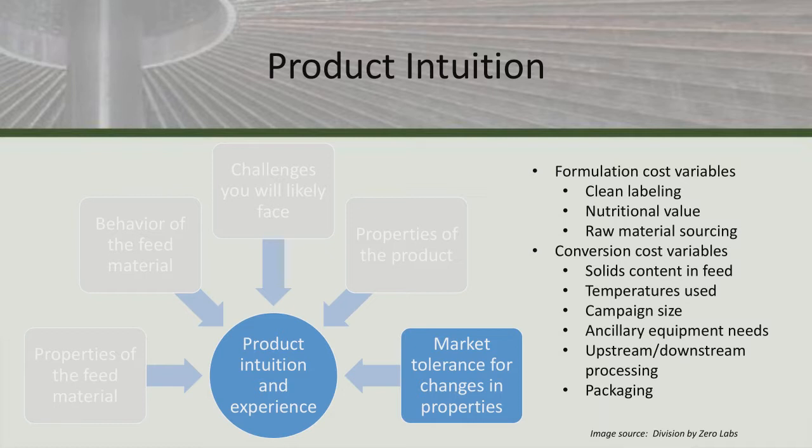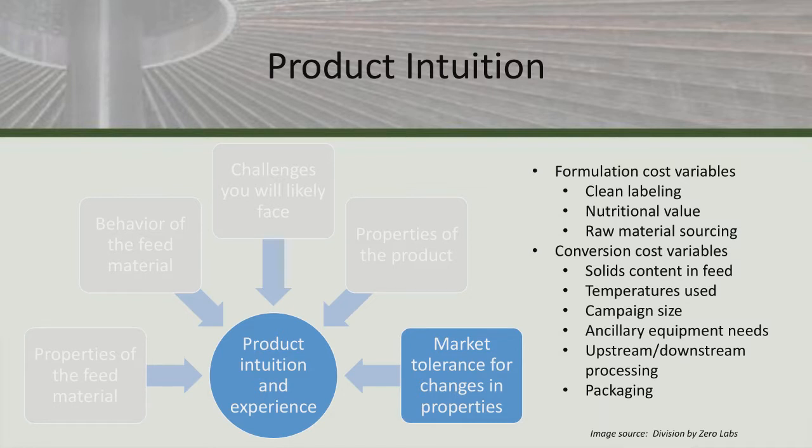And one of the things that I can at least help you with now to help make those decisions is we can talk about cost variables, the most important cost variables in spray drying. And these are formulation costs and conversion cost variables. Now with formulation costs, the things that are going to be most expensive are things like clean labeling, nutritional value, and raw material sourcing. So if you're making a food product, for example, and you don't want any modified food starch in there,